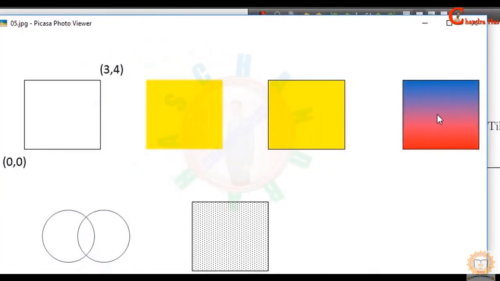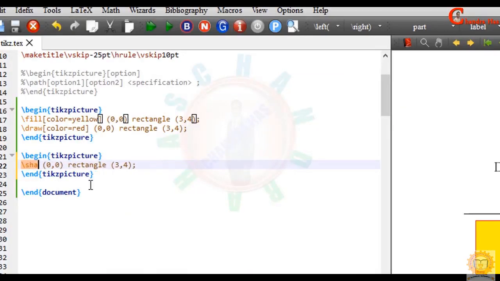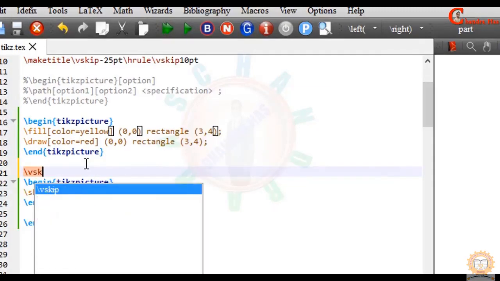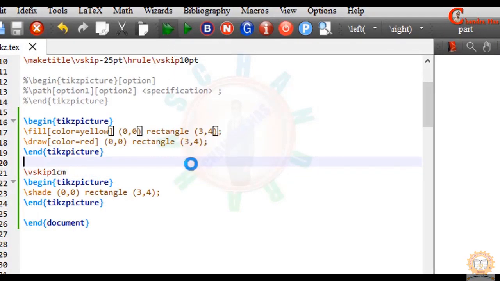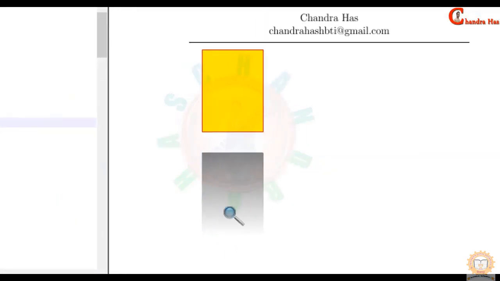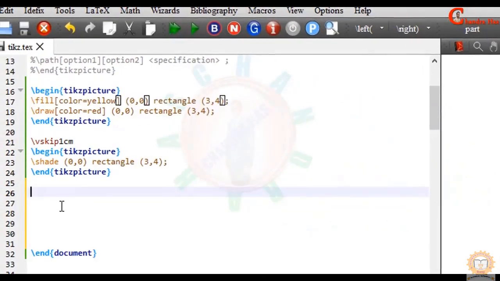Now in the next example, I want to draw this structure with gradient color. So this one can be achieved with the help of shade path command. Okay, shade path command provides a gradient. So just write here shade and compile your file. Alright, it's coming. Actually default color is gray, which we can see here, and we can change this color. Okay, there are several styles which I will write here.